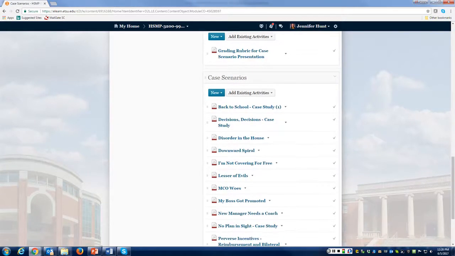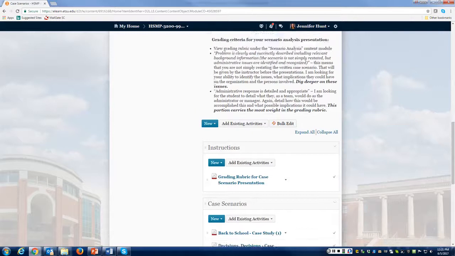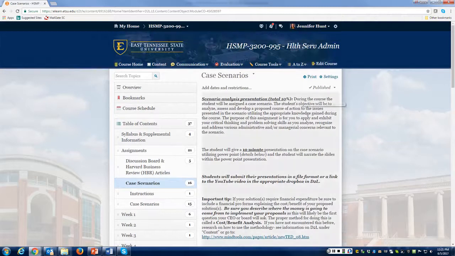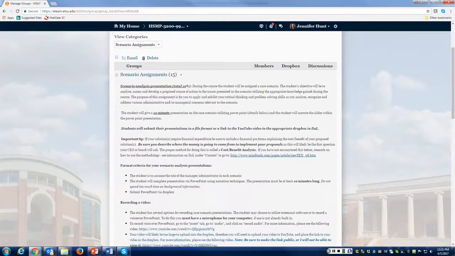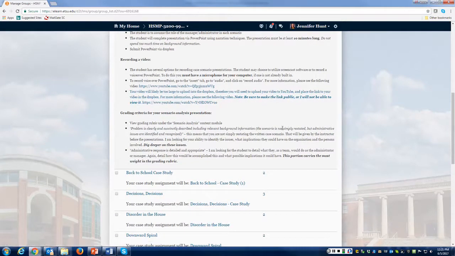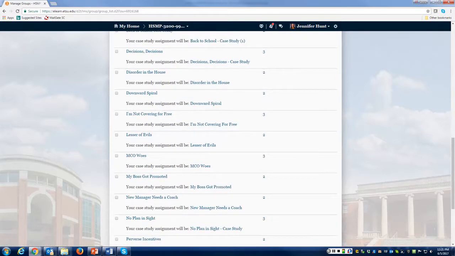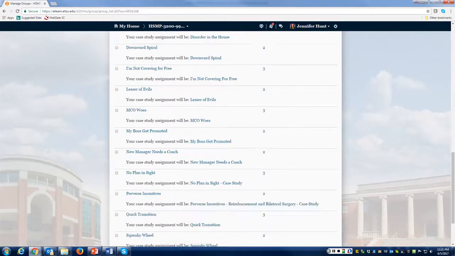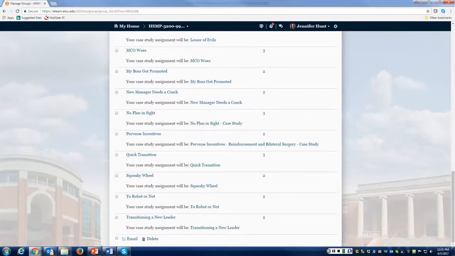Now, most likely you will not see all of these. If you do, I have assigned each participant in the course a case scenario. To find out your assignment, you can go to communication and then to groups, with the same criteria listed here for your scenario assignments, and you will have a group that you have been pre-assigned to. So you may be assigned to the back to school case study, or the downward spiral, or my boss got a promotion. So you're only going to have one case study that you're responsible for, and there are several that